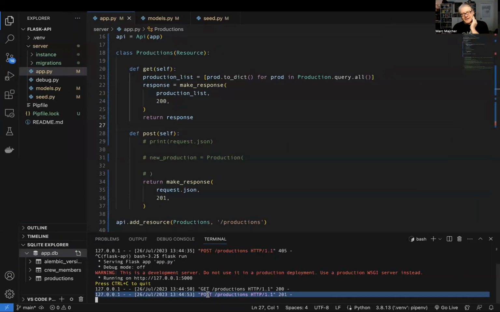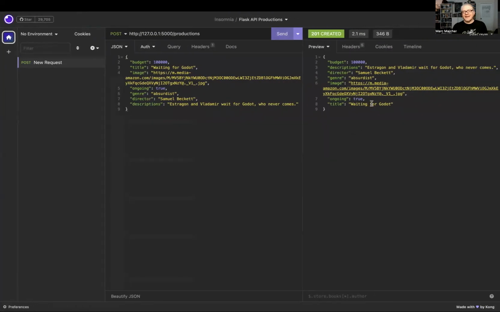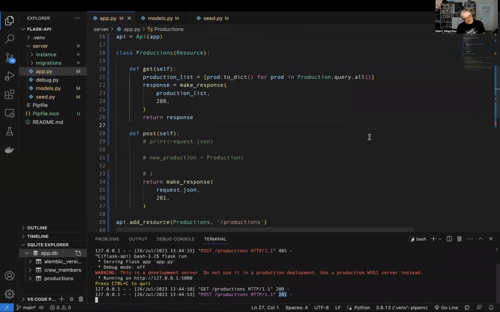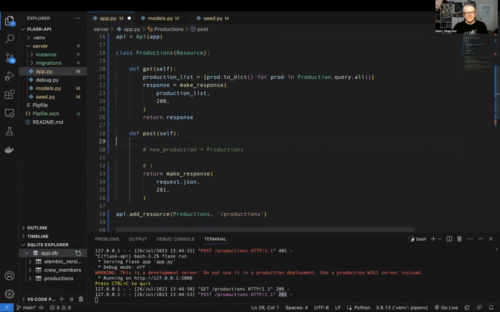Okay, cool. So we are getting our post productions, making that, getting a 201, which means that the thing was created, even though it wasn't. And we are able to hit it, and we are able to get our echo back. So now that we know that that does actually work, and we can get the JSON, let's go ahead and create a new production with it. So like we have here, we have a new production. And since we have that JSON, I think,